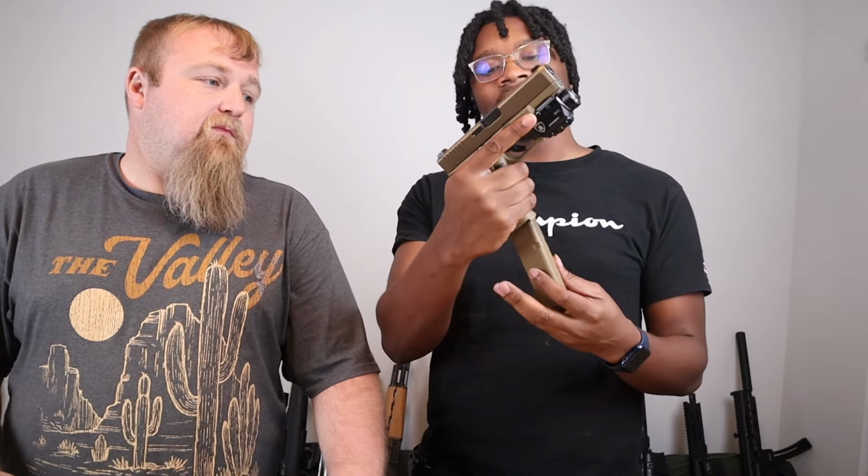All right, y'all. Coming up next, we got the fan favorite and the fan least favorite as well. We got the Glocks. So the Glocks that we have today, we got the Glock 19X, and it has a